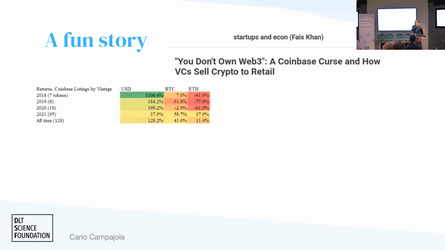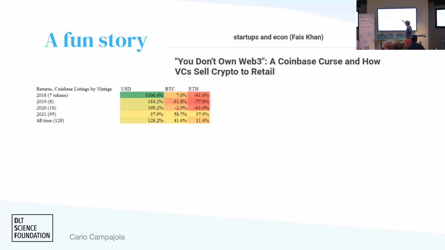So if you look at the returns measured in dollars, so if the price was 10 and then it's 100, the return is 10 times. Or denominated in Bitcoin or Ethereum. So instead of looking at the comparison between the price in dollars, I'm going to look at the price in Bitcoin. Okay, so this discounts the market effect, because if the price of Bitcoin has grown by, let's say, 30%, and my token has grown by less than 30%, then I'm going to be in the red.